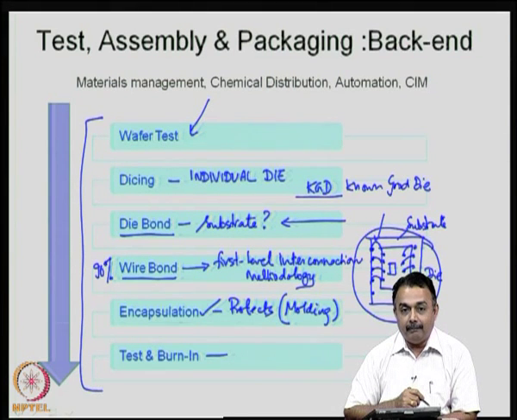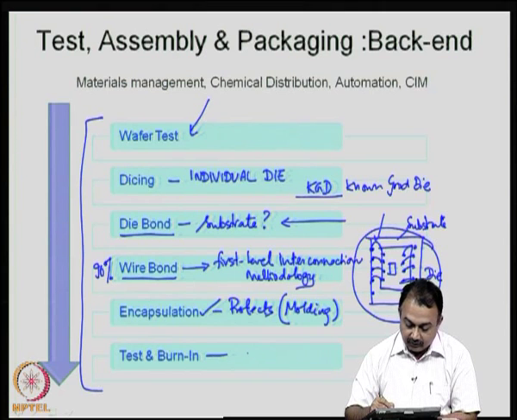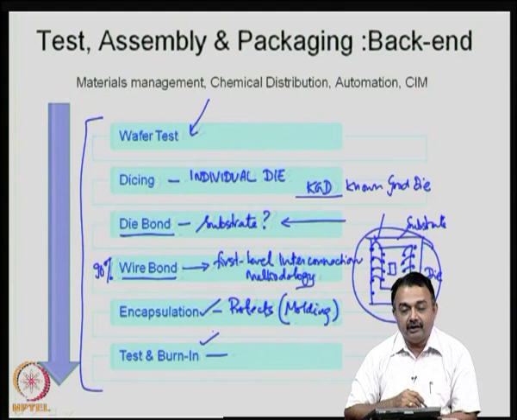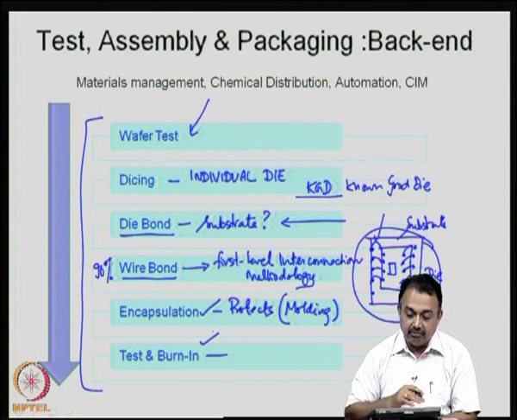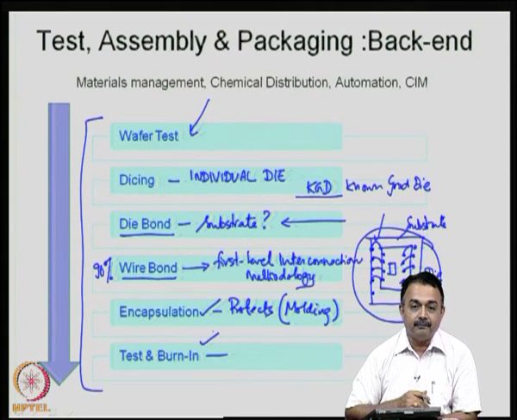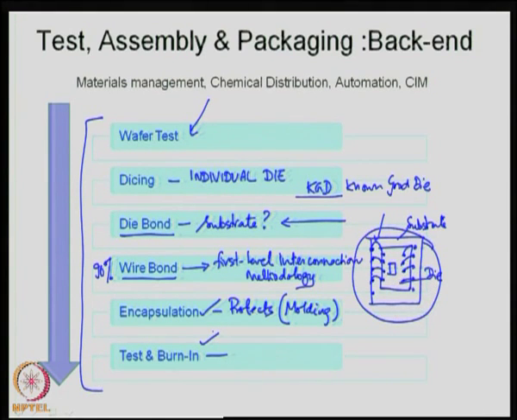So, once you mold the package with a specified material, it can be a plastic or a ceramic, then finally you do test and burn-in, so that you can qualify each and every individual package before you release it into the market. So, this completes the back end process for the die fabrication, and which includes the packaging part of it. So, the back end process becomes important for us because we are going to talk about single chip manufacture here.